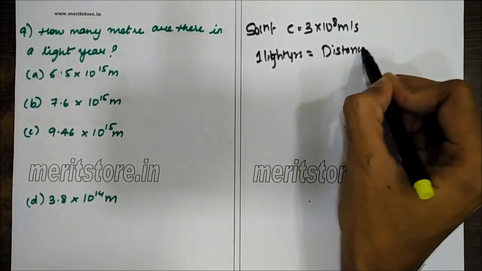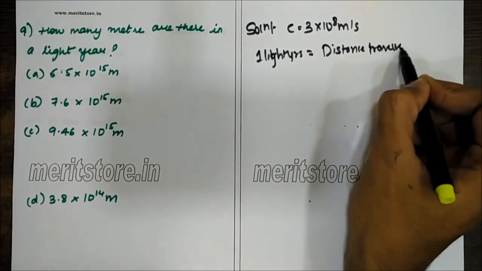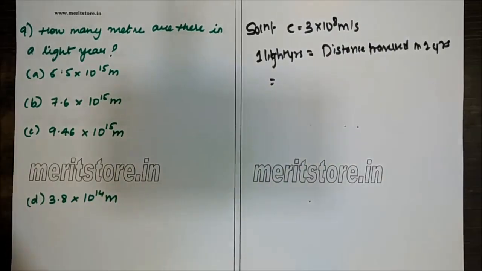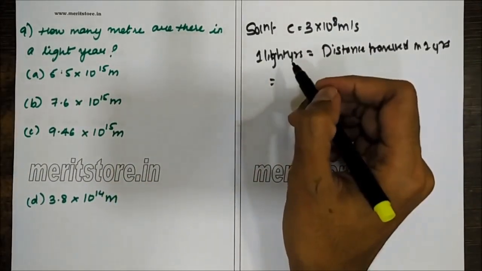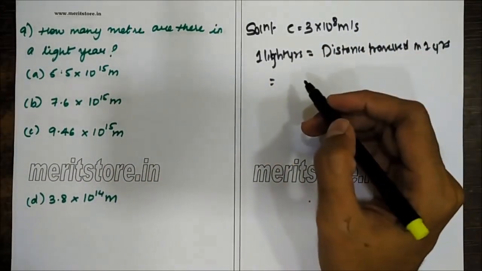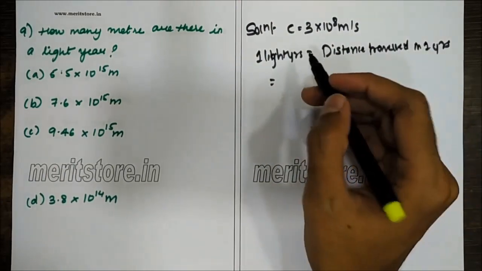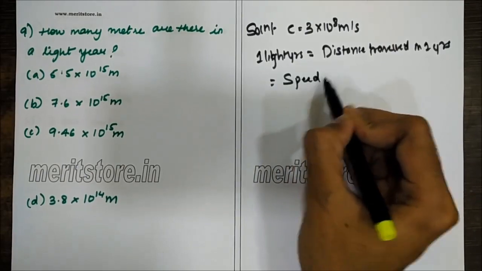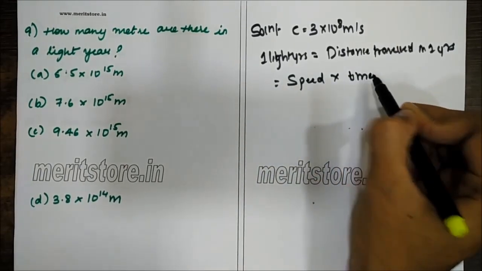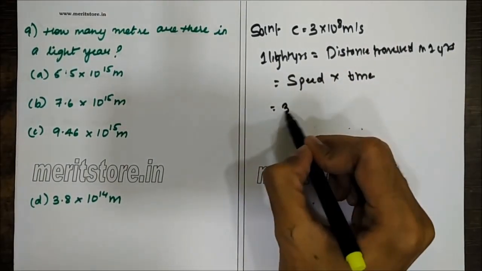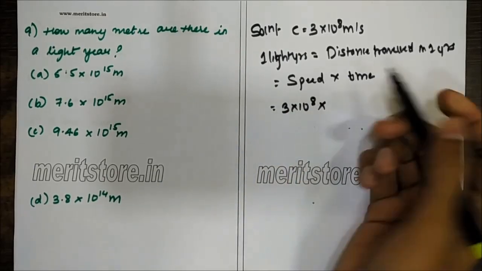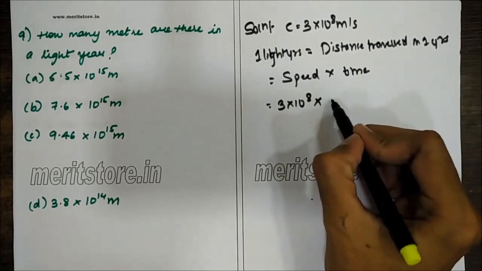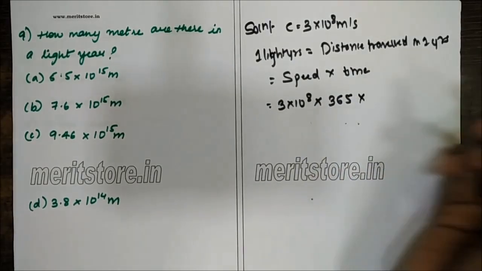So distance traveled in 1 complete year. We know the distance formula: speed multiplied by the time taken. The speed of light is 3 into 10 raised to 8, multiplied by the time it takes, that is around 1 year. So that gives you 365 days multiplied by